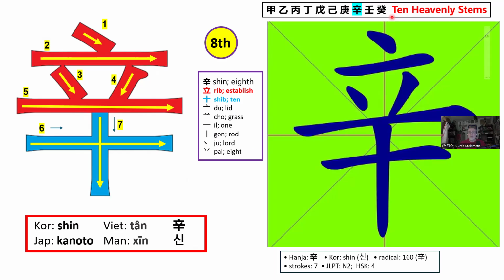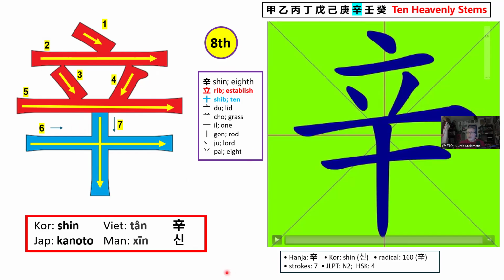strokes. That's what we're using the Sino-Korean numbers for, is to count strokes as we're writing the hanja, and as we're writing the hangul. Hangul, I don't think there are any hangul that have more than 10 strokes. I'm not 100% sure about that, but it would be very implausible. Anyway, so the hangul shin, which is the 8th heavenly stem, has a total of 7 strokes, and it also has 2